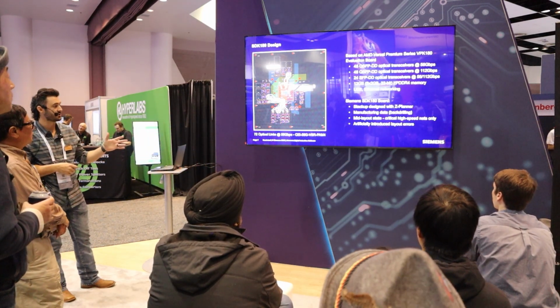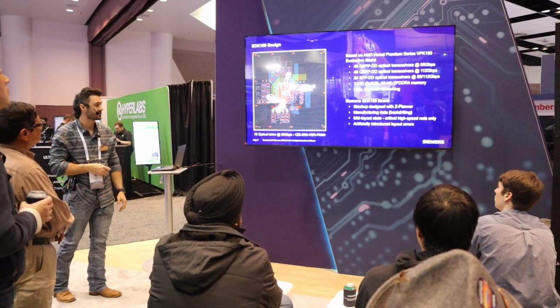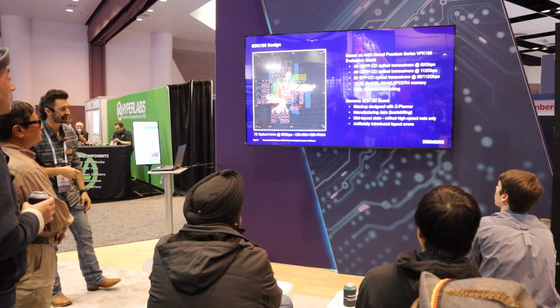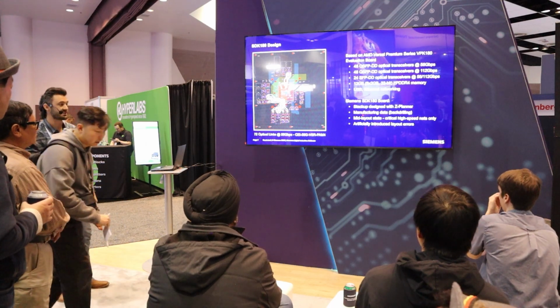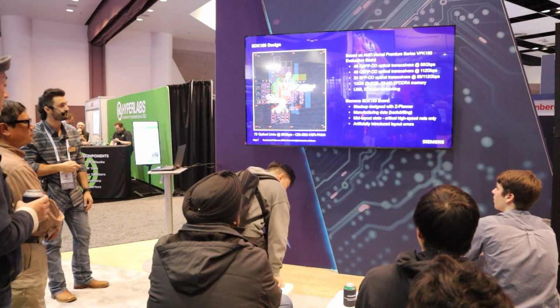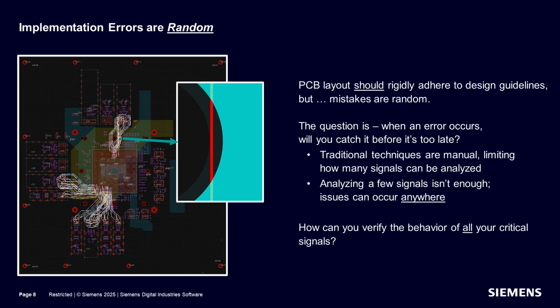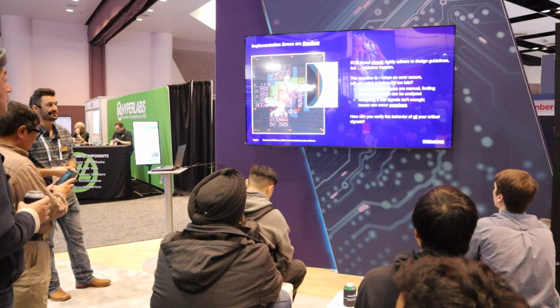So with our initial simulations, we analyzed 72 of these optical links operating at 56 gigabits per second with the CEI-56G-VSR PAM4 protocol. Even when designers follow their PCB layout guidelines to a T and they're perfect, unfortunately mistakes still happen. The problem is that these mistakes are random, so we can't necessarily catch all the mistakes just by picking out the shortest and the longest trace to simulate, or maybe just a small subset of signals. We really need to simulate everything to be able to find these errors.